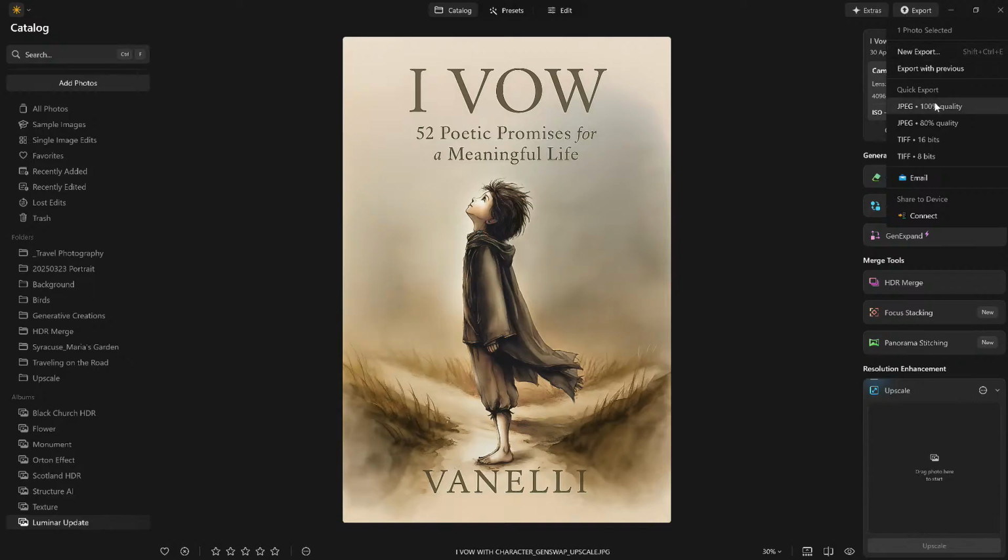I can export it at 100% quality, 80% TIFF. Now I can still go back in, export with previous, or I could create a new export like the traditional way we've been doing it. It did welcome a new